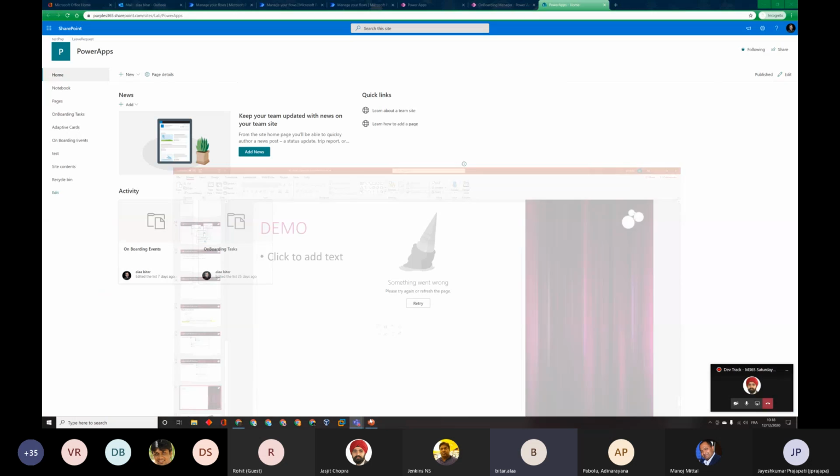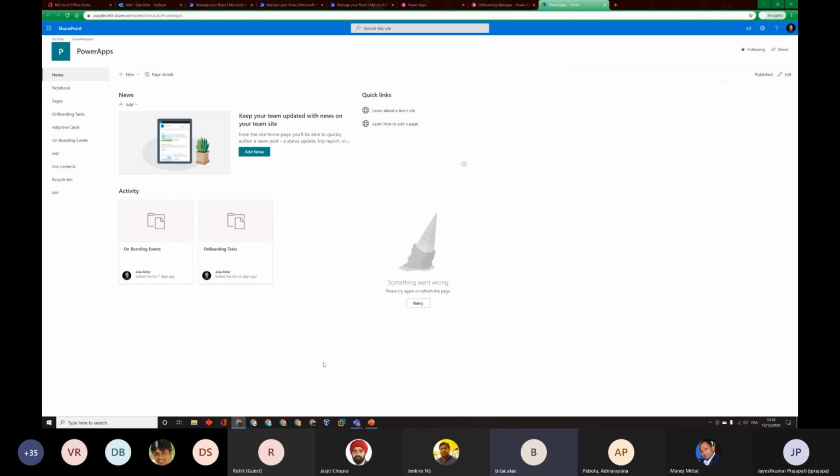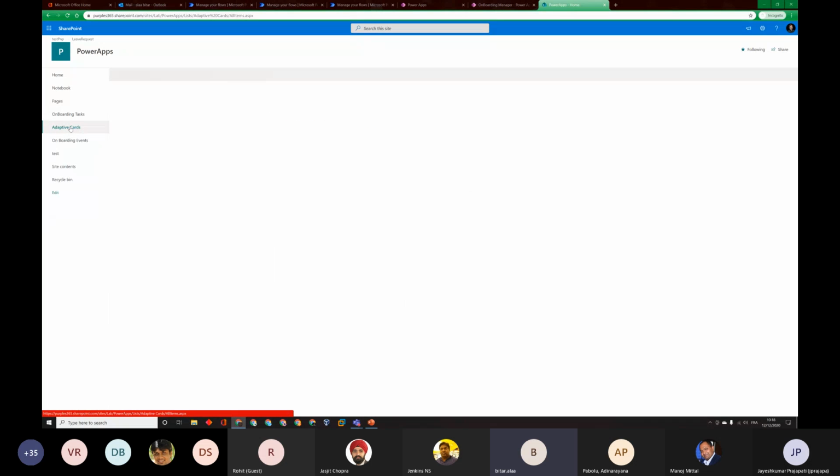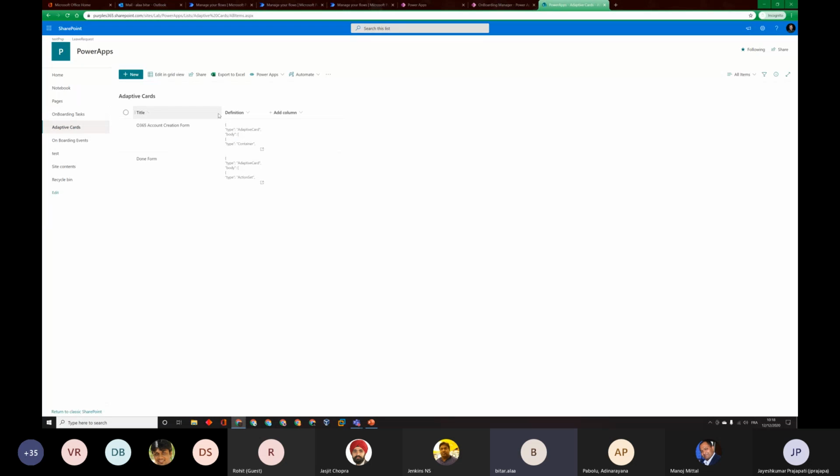Right. Let's go to the demo. Everyone is still seeing my screen? Yes. Okay, great. So let's go first to the SharePoint site. I'm going to show you the adaptive card SharePoint list. This is the SharePoint list where I create my pool of